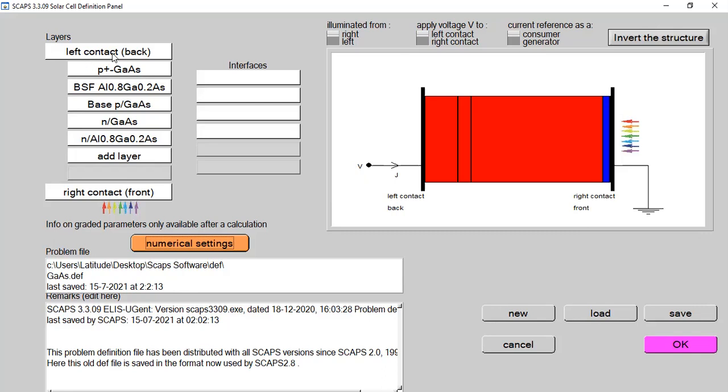So we don't need to add any front metal contact, but we are more interested in the work energy function of the back metal contact. I have just explained the role of work energy function. It tends to increase the tendency to extract an electron from the metal surface. The higher the work energy function, the better the performance of any solar device or perovskite device in SCAPS 1D.